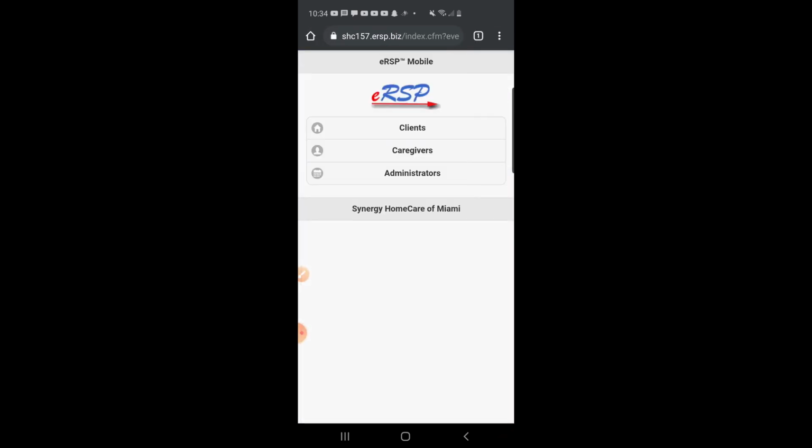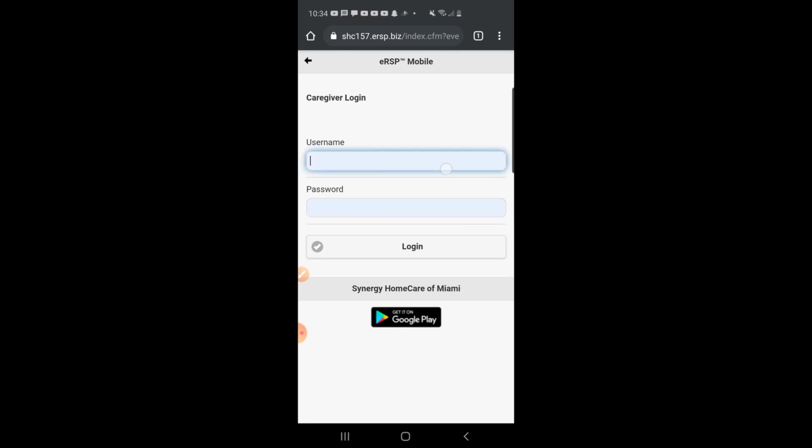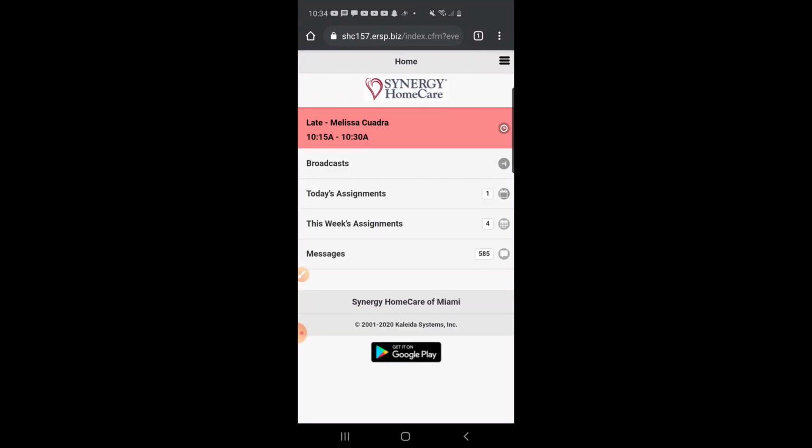Once you have access to the website, click Caregivers and then enter your login information. Now enter Login. Here you will see your current case. Click the case